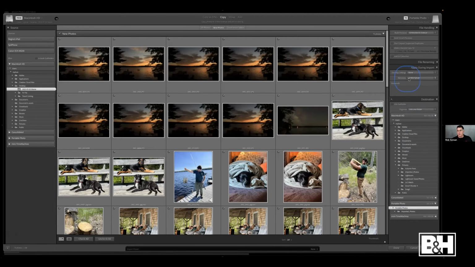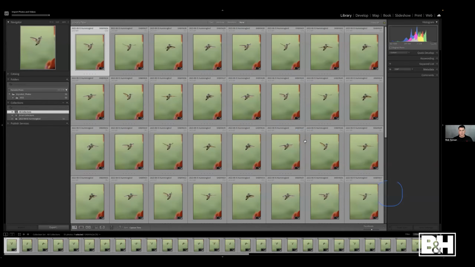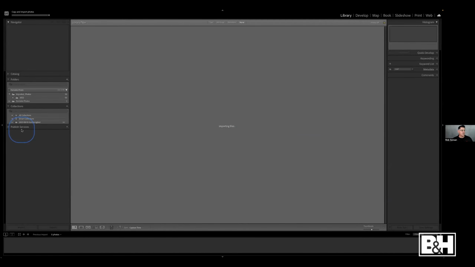And because I brought over my metadata template, I have that ready to go. That's all I'm going to worry about at this stage of the game because I also updated my raw default. So if any of these photos are raw photos, they're going to have those settings applied to them. All right, so I've got copy, I've got the destination, I have the right source. I'm going to click on import, and